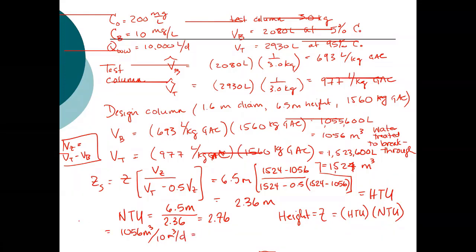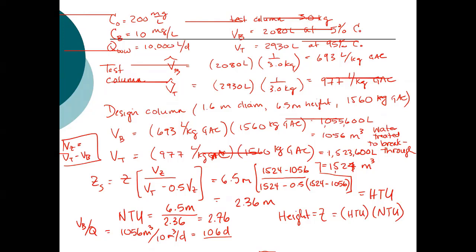So that's volume to breakthrough divided by Q. That's our time to breakthrough, and that is 106 days. So that would mean that roughly 3 times a year, you would need to either remove the GAC or regenerate the GAC in place. Questions about this approach? So that number of transfer units is like how many of those 2.36 meter